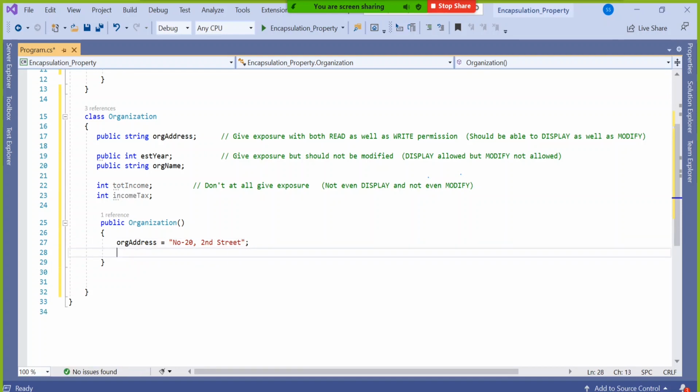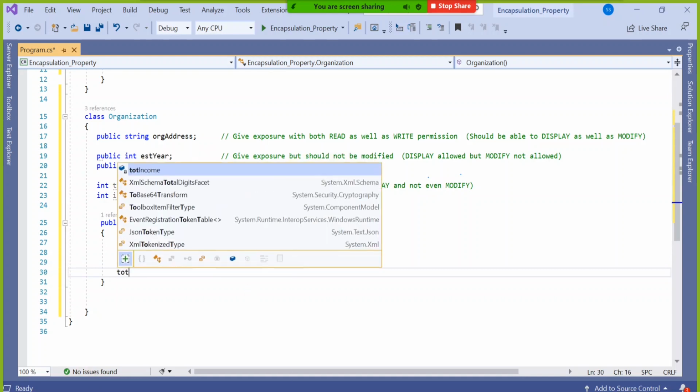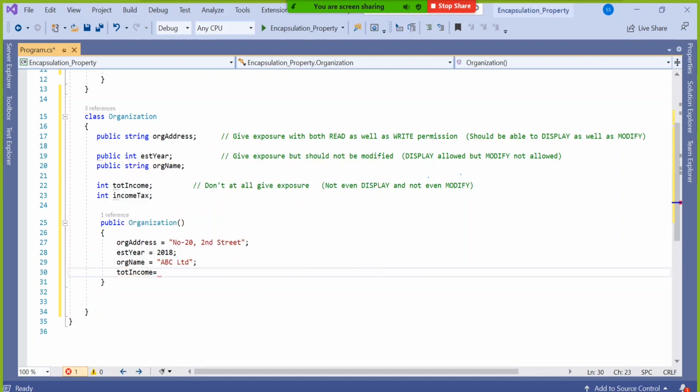Address is this. Establish year, let's say 2020 or 2018. Organization name, let's say ABC Limited. Total income, say 9999.